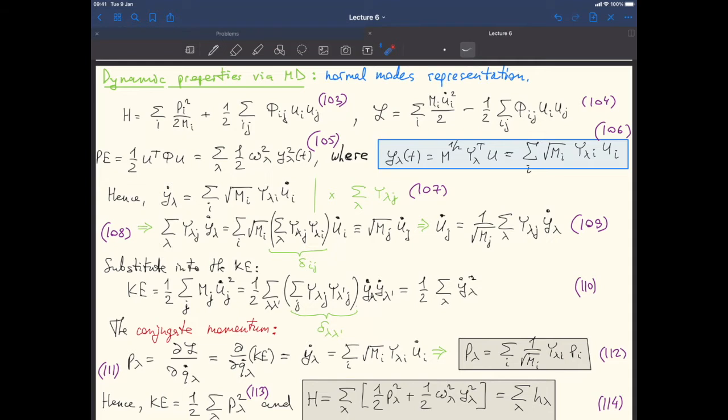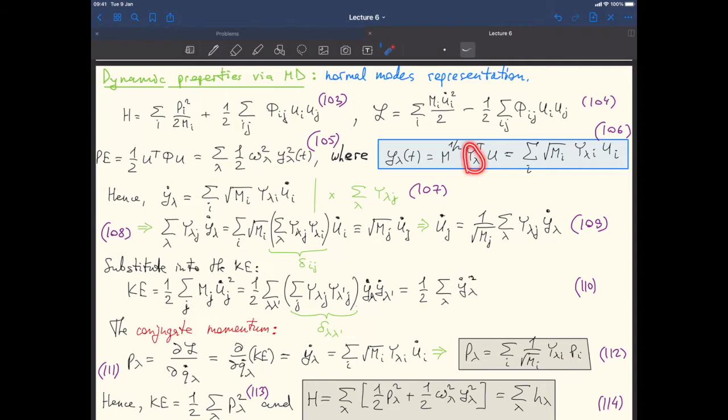These are some specific linear combinations of the displacements u_i with coefficients related to the mass of atoms and the eigenvector of the dynamical matrix. So in the matrix form, that y_lambda, which is a scalar, is written like this,